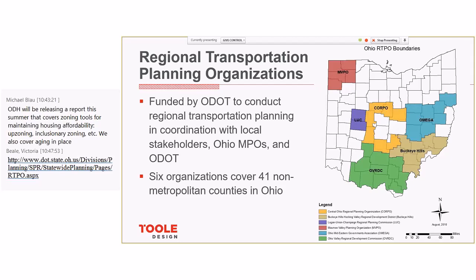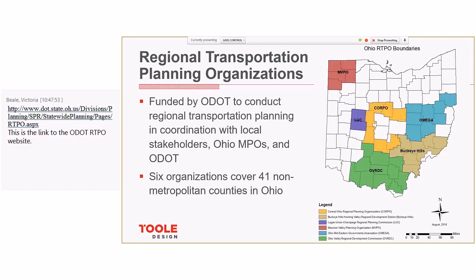And then also from the challenges, active transportation, ODOT is just getting started with developing Ohio's first statewide bike and pedestrian plan, and there will be 2 stakeholder meetings coming up in rural regions of Ohio, and they will both be held in RTPO regions. One is in Cambridge on July 16th, and one is in Marietta on July 17th, and more information will be coming out soon about those meetings. So with that, I will turn it back over to Wendy.